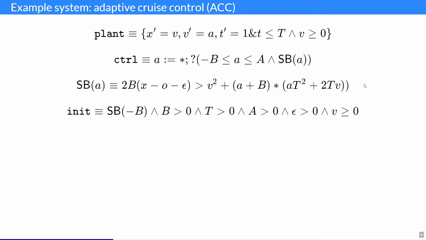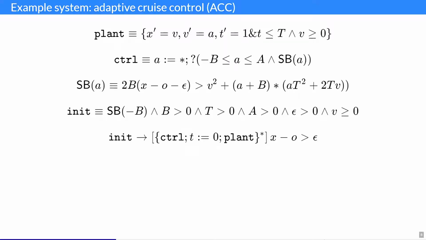shown here. The formula for the initial conditions is shown here, which just ensures that the follower robot at least has one safe action that it can take when it begins, which is to brake as hard as possible, as well as that the various parameters of the environment, such as the maximum deceleration and acceleration and the time between control steps, are all positive, and that epsilon, the separation required between the lead robot and the follower robot, is